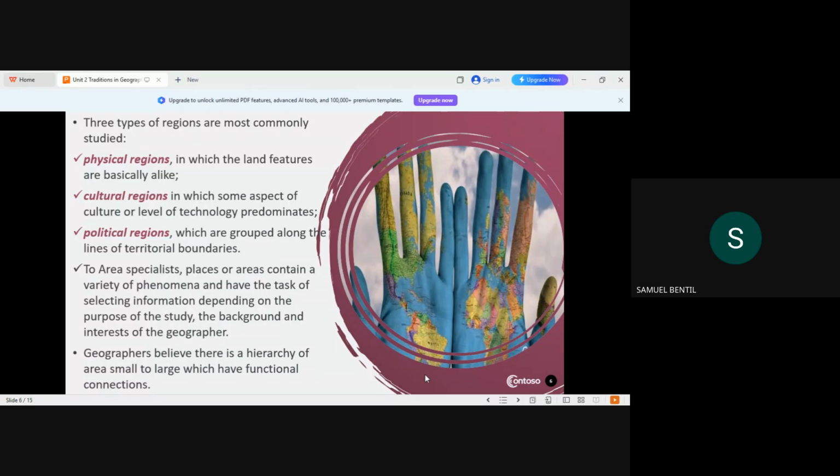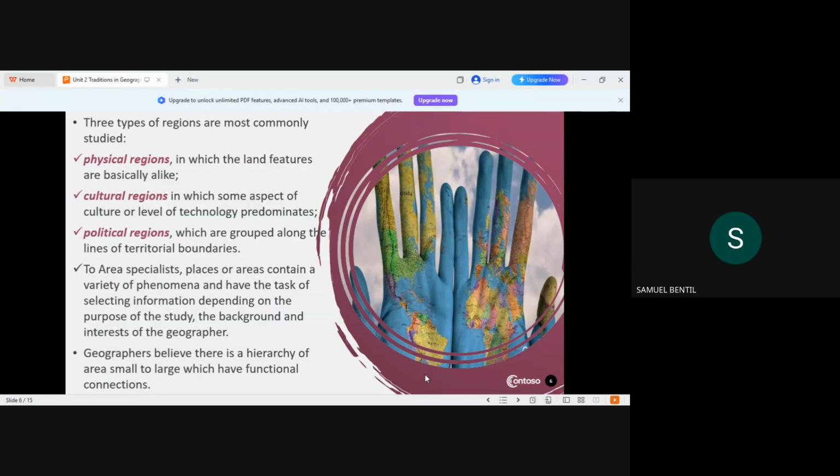So some of the regions that we can talk about are physical regions, which include land features that are basically alike. Cultural regions, that is an aspect of the culture and level of technology that dominate in the area. Political regions, which are grouped along the lines of territorial boundaries. So what we are trying to say is that to area specialists, places or areas contain a variety of phenomena,